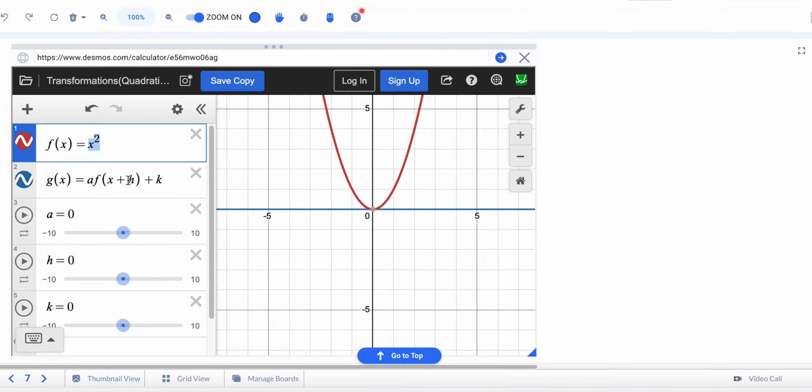But if I change my h and my k, let's start with the h. Right now my h is 0, but if I change it to positive 1, look what happened to my parent function. Remember, my new function is going to be the blue. So if I change this to 1, H is 1. I still don't see anything. If I change it to 4,